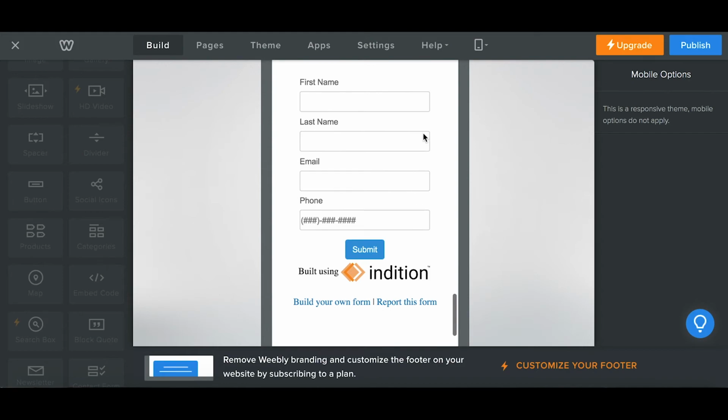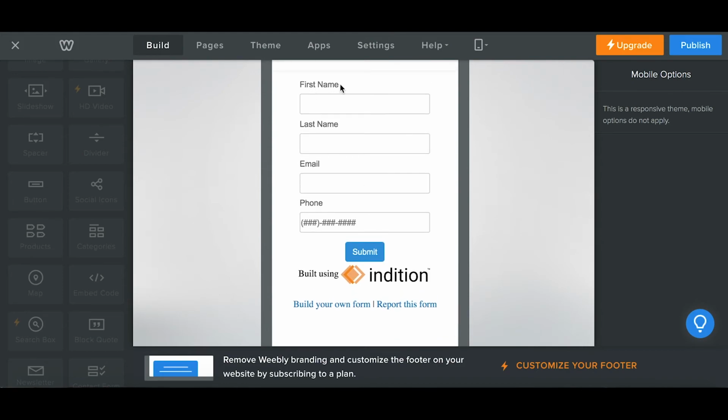And there you have it. It is desktop and mobile ready, and just like that, you now know how to embed your form into Weebly. With Weebly, you will need to remember to adjust your form's height, but after that, it will still work for